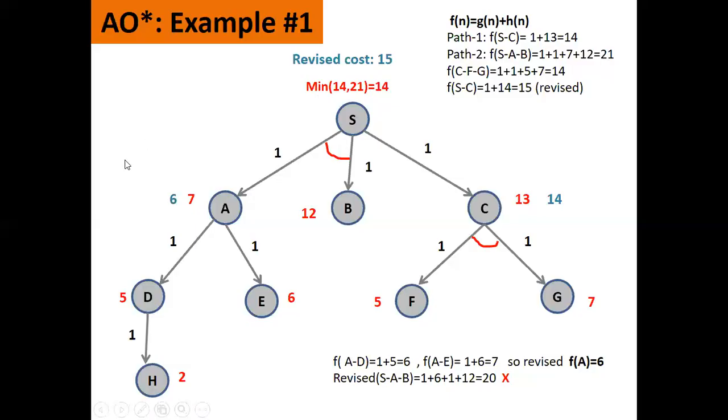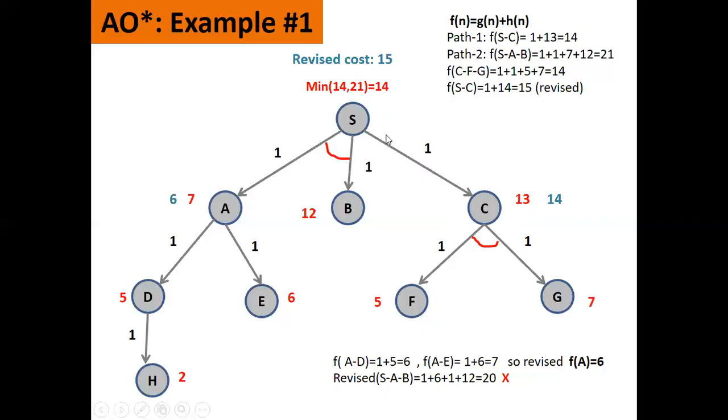Is it clear? We started from the goal node, that is our main node which we need to solve, and we had two paths. This is the AND path and this is the OR path. We calculated the cost of S on path 1 and on path 2. We compared both costs and took the minimum cost as the heuristic estimated value of S. Is it fine? Okay, once we do this, we go further down. I selected 14 because 14 is less cost, so let me explore this first.